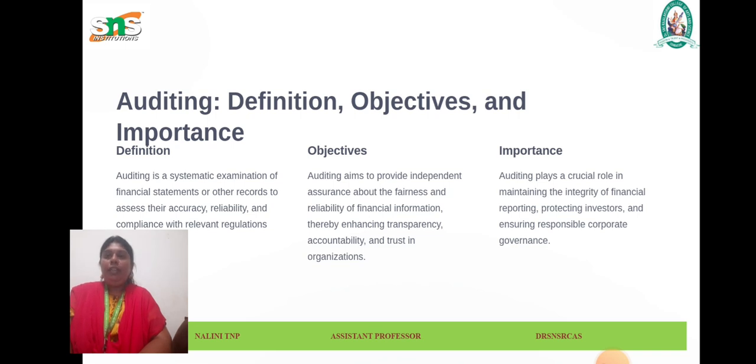Error and fraud detection. Auditing helps in easy finding of errors and fraud from the books of accounts. It is the duty of the management to avoid and check errors and frauds. However, sometimes it becomes difficult for the management to find out the errors. It is auditing that helps managers to find out errors and frauds. After this, managers take corrective steps against the errors or frauds.